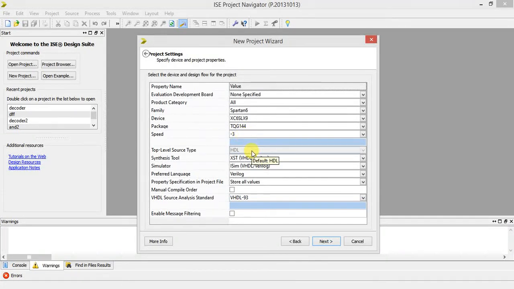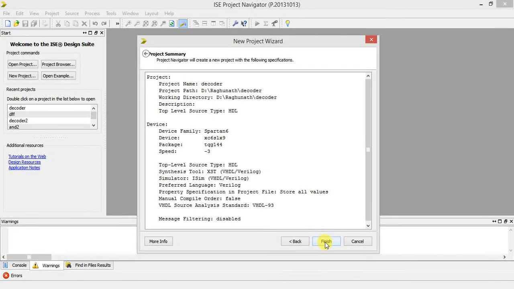The top level source type is automatically selected as HDL, for simulation it will automatically select ISim, and the preferred language is Verilog. So don't change anything. Click next. Next, click finish.